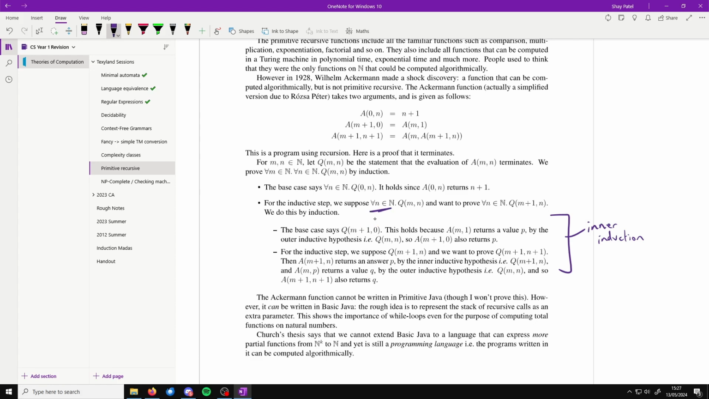And the base case of our inner induction is Q m plus 1, 0. So when n is 0, this holds because A m, 1 returns a value p by the outer inductive hypothesis. And so A m plus 1, 0 also just returns p. So we know A m, 1 returns value p because we proved that with the outer hypothesis, if we pass in anything like this, so m plus 1, 0, this holds because